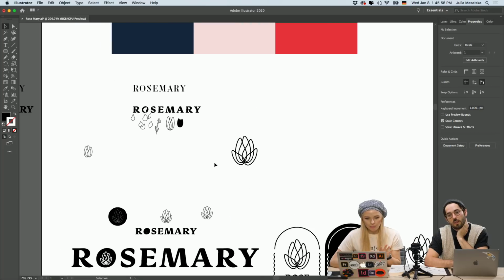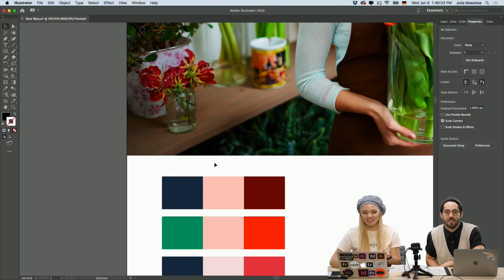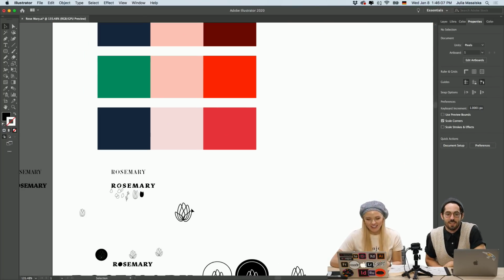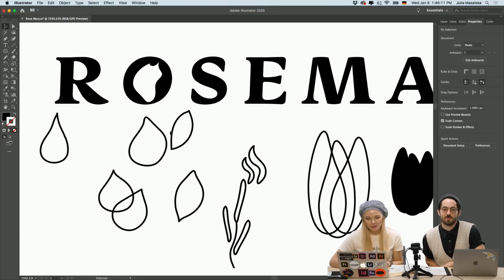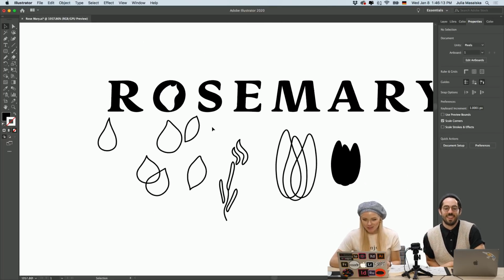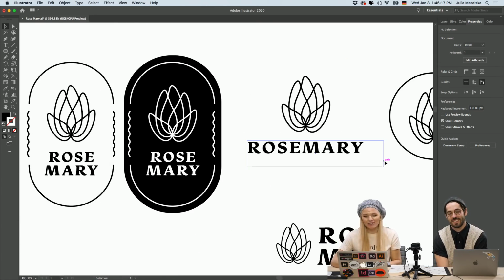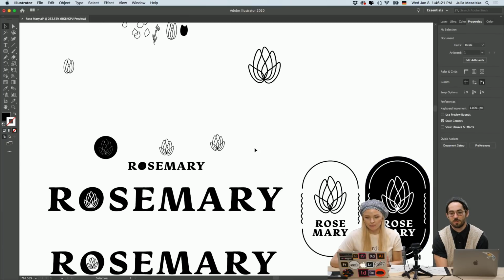Great. You want to show them quickly where we started too, just in case they're curious? It's funny. We started here with Mary, and then we went into our colors, and we went into these typefaces, and we went into these super weird shapes. Super weird. So from here, we went to this. Isn't that cool? So I'm very satisfied with the result.